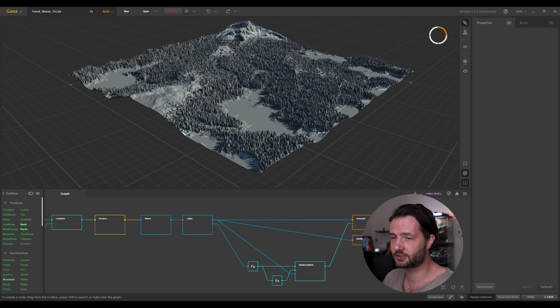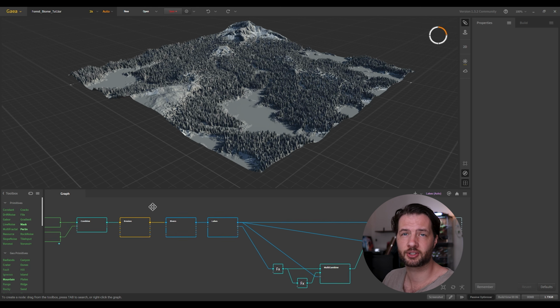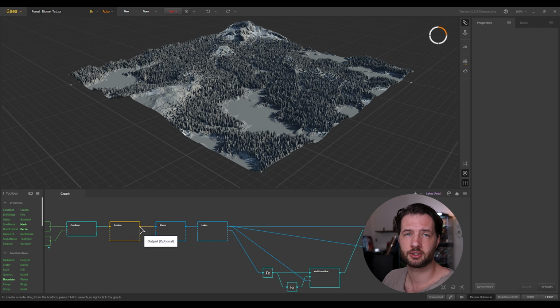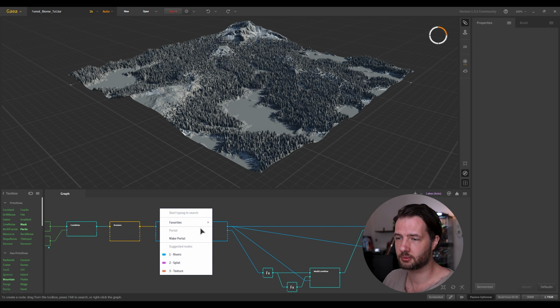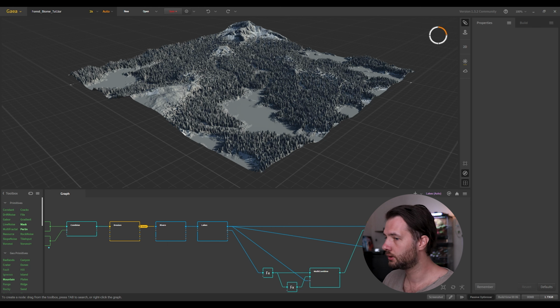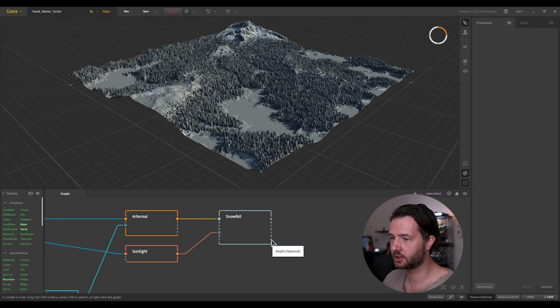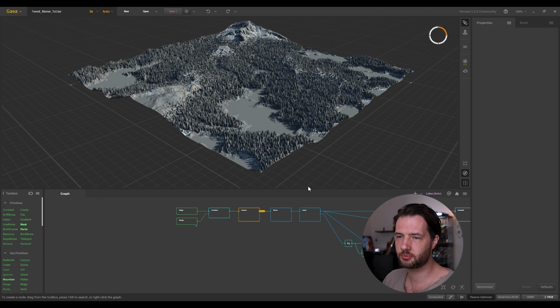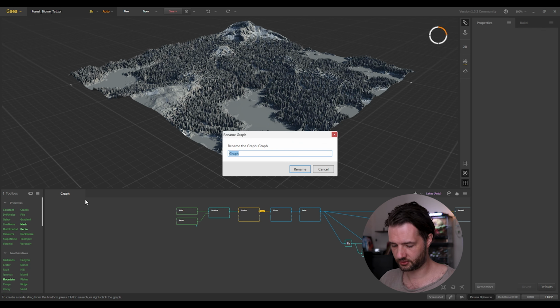So for this, we need to create something. We're going to quickly create something called portals. So take this pin from the erosion and let's click it, make a portal. And another portal we're going to make is from this bottom node of the snowfall. Let's again click make a portal. You can actually make another graph. We can actually rename this to